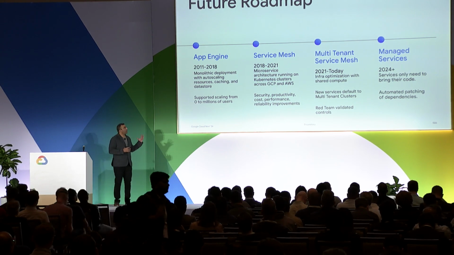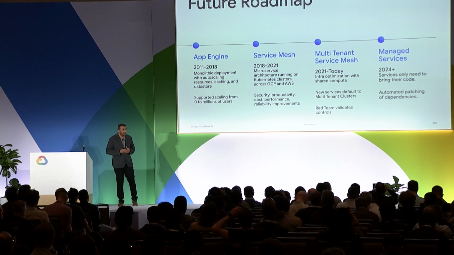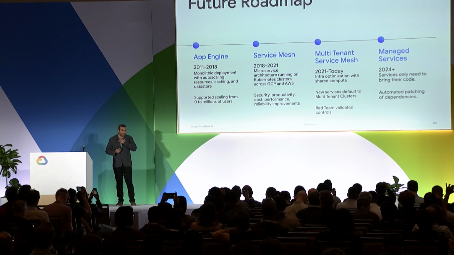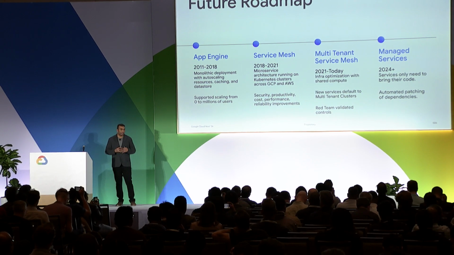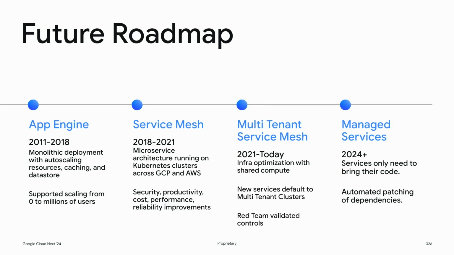So this is a concluding slide, and we'll have some time for questions and answers later. But just to recap and take you all back through our journey, as I said, App Engine is where we started. The Service Mesh platform was our first venture into abstracting out based on Kubernetes. Then today, most of the time, we spoke about the multi-tenant Service Mesh platform. And this is not done. As we start migrating more and more services to this, and as we learn about a lot of challenges that our development teams are still facing with respect to this,